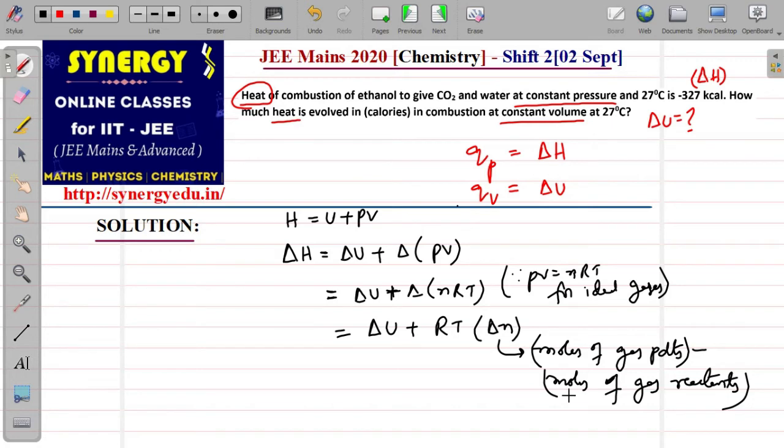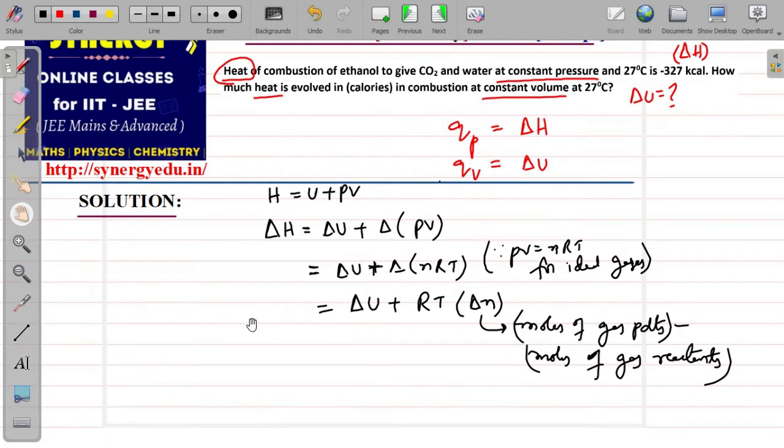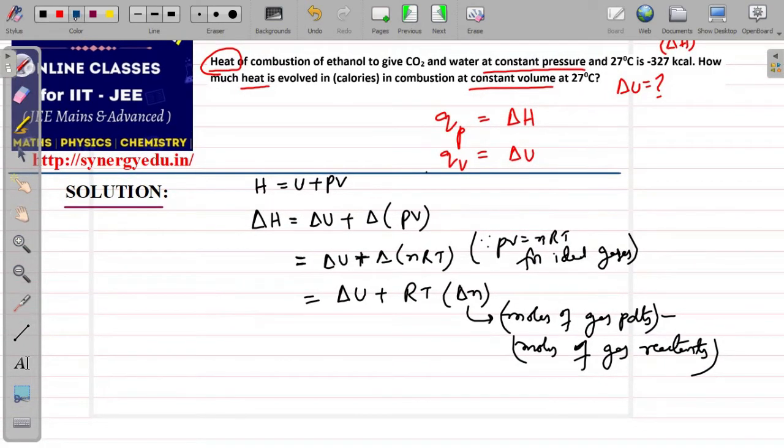That is the process you have to apply. Now, let's substitute these values. Delta H is given as minus 327 kilocalories. So let's substitute that value. Minus 327